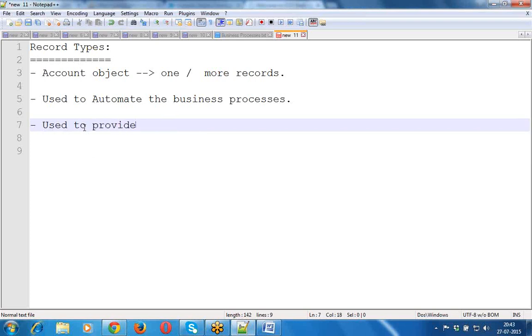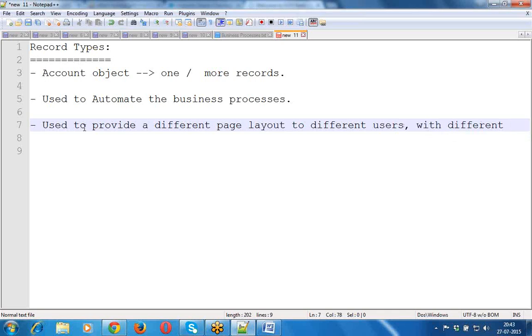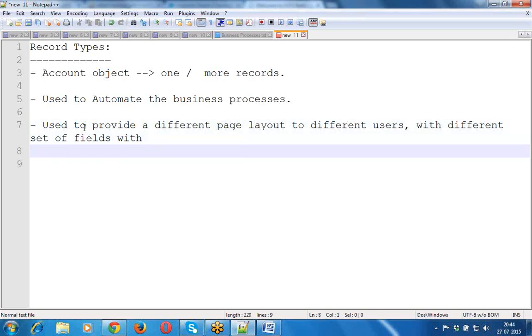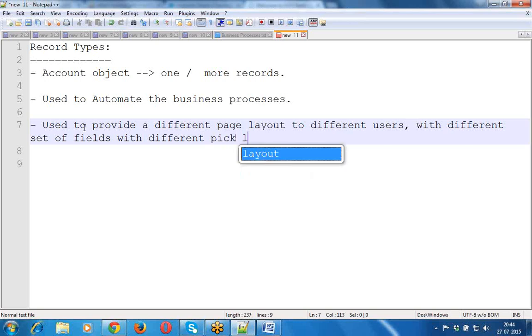provide a different page layout to different users with a different set of fields, with different pick list field values, for different business purposes.